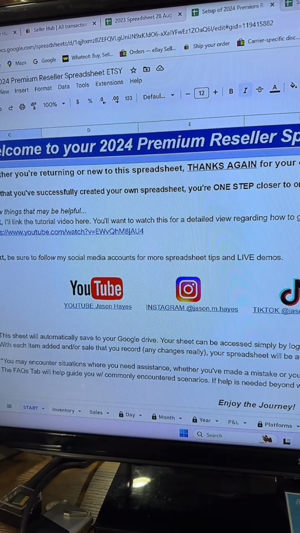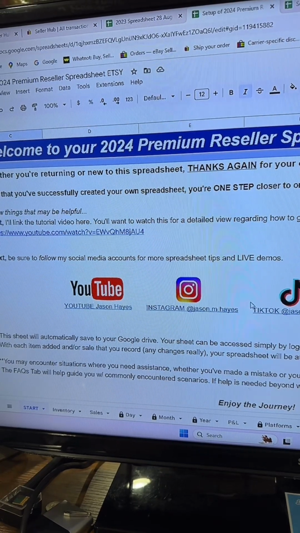This year, there's 3 different sheets, a basic, a premium, and a creator sheet. Jason's Etsy store has all the details on the differences of each one of those sheets. They all do something a little bit different. For the premium reseller spreadsheet,